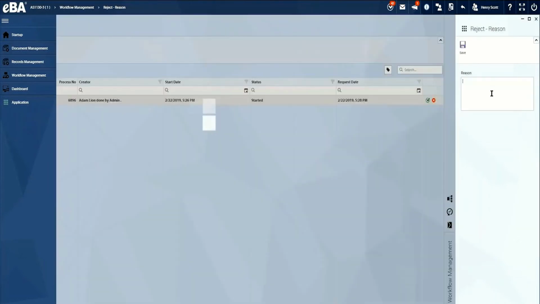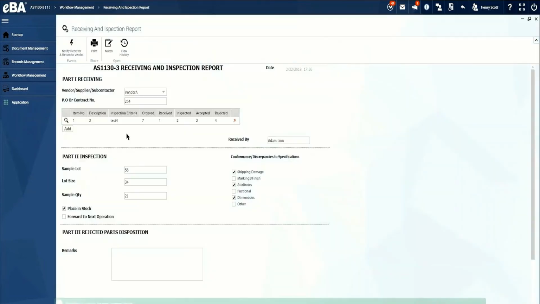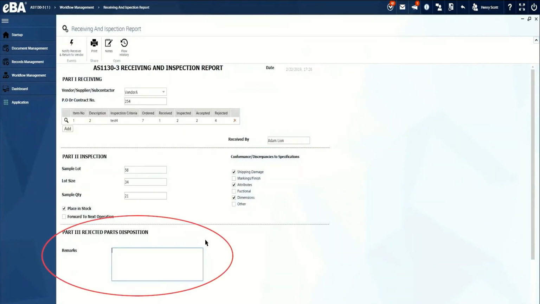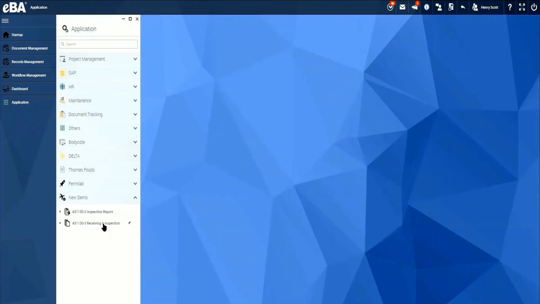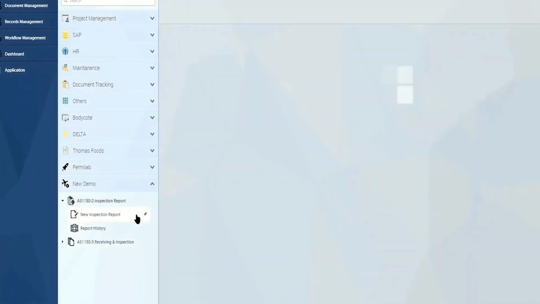We see this happen again if I choose to reject the item. Sure enough, after rejection, part 3 of our form becomes visible. The efficiency of appropriately displaying forms according to the process step is what gives eBA yet another advantage for digital transformation. This on top of the easy access to forms renders eBA a top candidate for efficient workflow